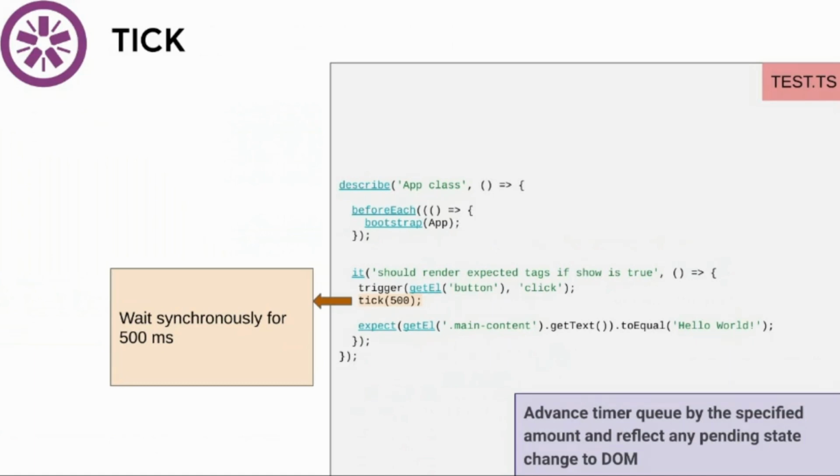Suppose you are using setTimeout, and the setTimeout limit you have added is 500 milliseconds. After 500 milliseconds some functionality is going to happen, suppose in the browser. So what you can do is add this tick for 500 milliseconds. What exactly it will do is wait for 500 milliseconds till your execution is complete, and then it will check whatever you have expected by the setTimeout. So this is the way to check setTimeout.